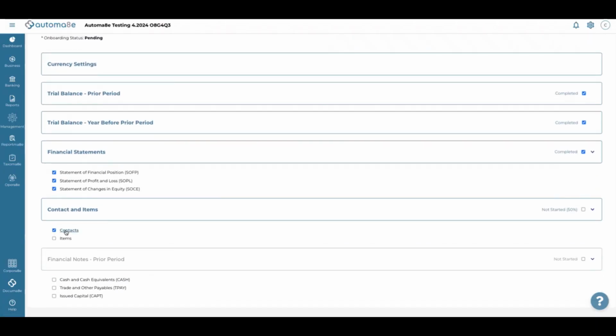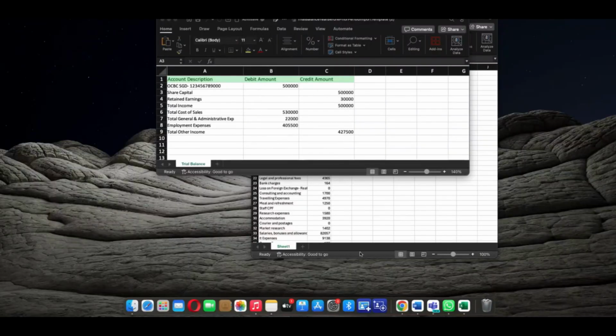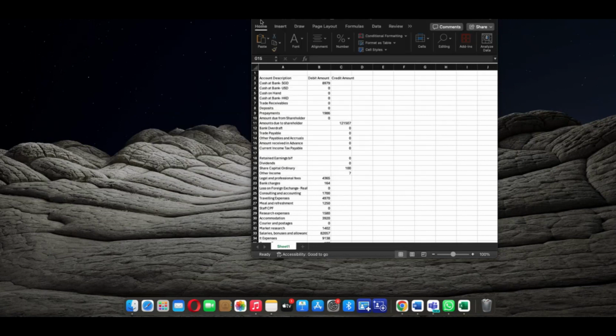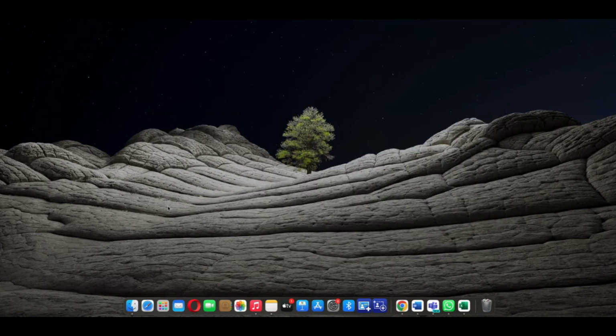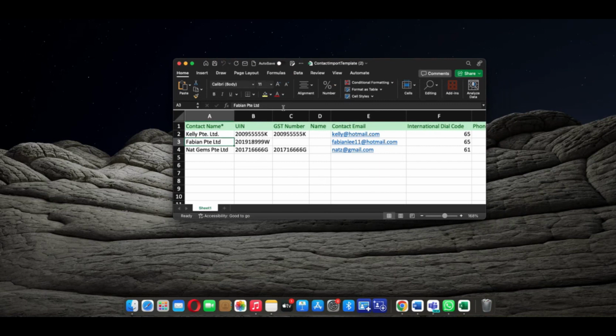Okay. Now we upload the contacts. They should give a contact list. If they haven't given, we have a template here again. How did you download that? Did you, okay, just download template, right? Yeah, you just have to click the... where did that go? So once you click the